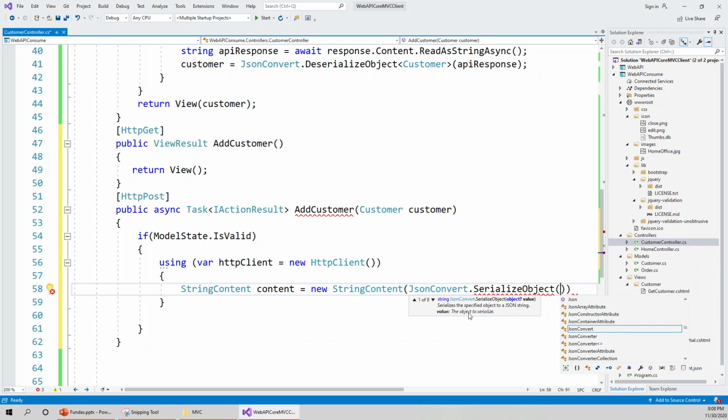Serialize is the specific object to a JSON string. So JsonConvert operating on the SerializeObject method, and this for this customer object,